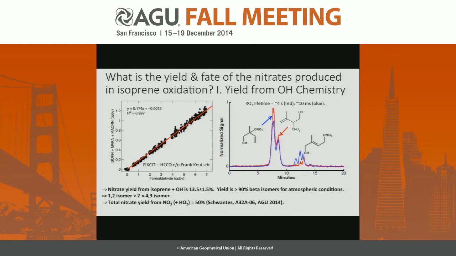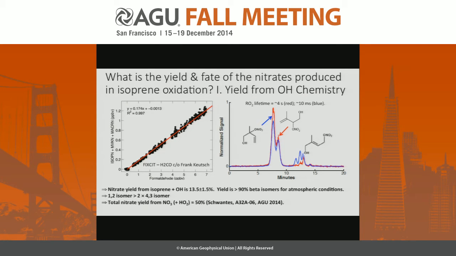The second thing is what I show on the right side, and these are GC chromatograms where we're able to resolve the isomers. This is a little bit complicated, but in blue is what you have in a typical laboratory experiment where you put a lot of NOx in the chamber. And what we see is that we form a lot of these, what are called deltas, where the OH and the nitrate are 4 carbon atoms apart from each other. Whereas if we go to something much more like the atmosphere, which is shown in red, this is where we have